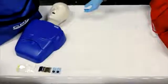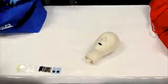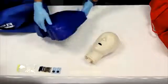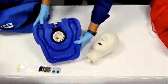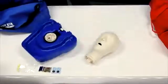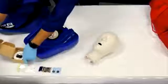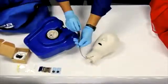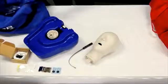We'll give Khaled a moment, and then we will show you what comes out of the box for these products. For the adult, as you can see, it all comes with a carry bag, and you will get the head assembly with the neck cap, the foam body. You can see we have the neck brace, the neck lock device, and the adjustable bellows piston. The electronics kit, the insertion tool for the lung bags, you get a package of 10 lung bags,